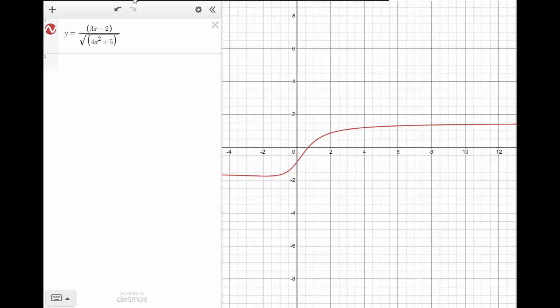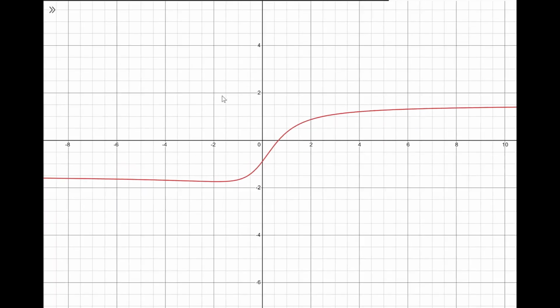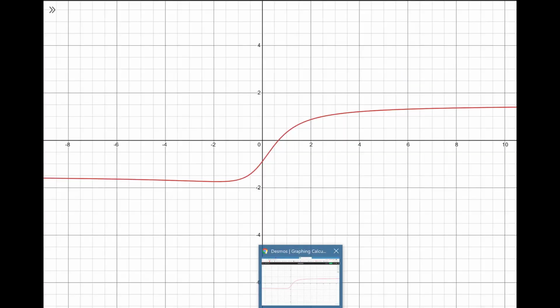So let me do that. Okay. So as you go to the left, it's going to negative 3/2, and going to the right goes to positive 3/2. So I'm going to call this